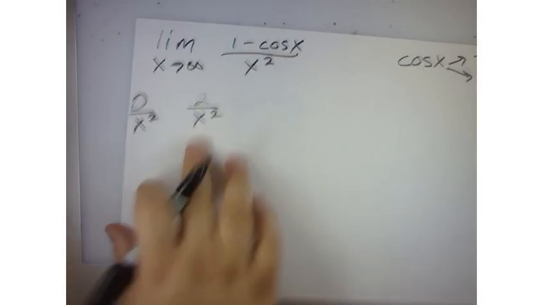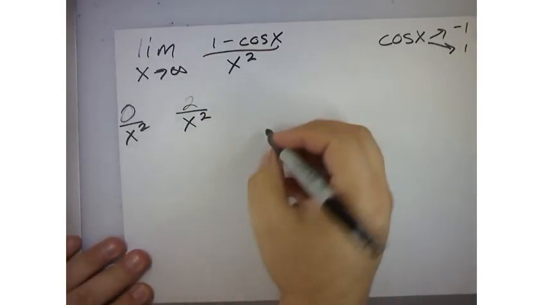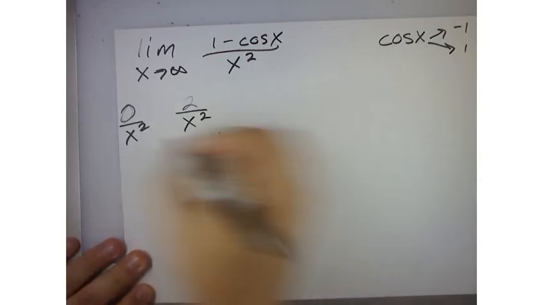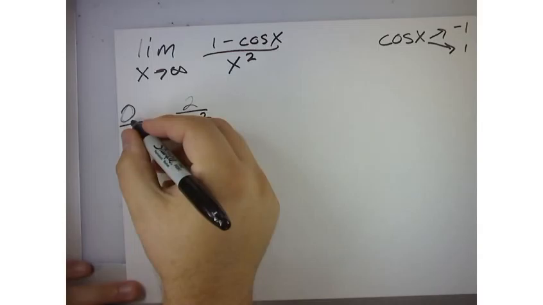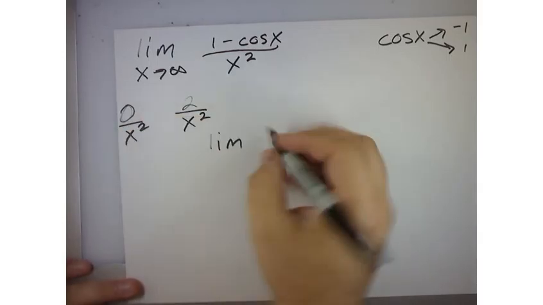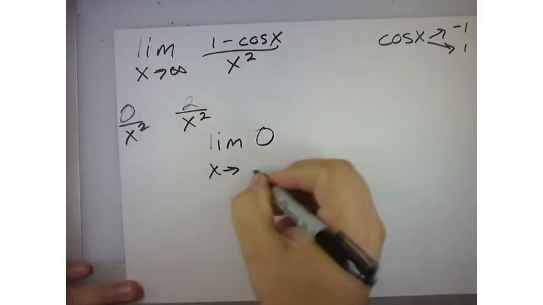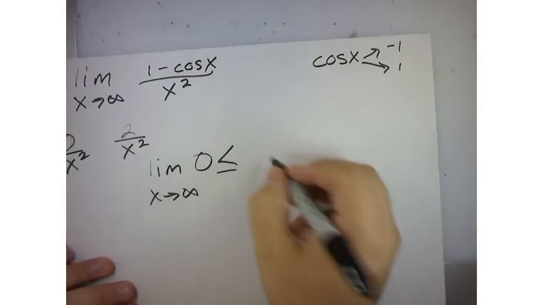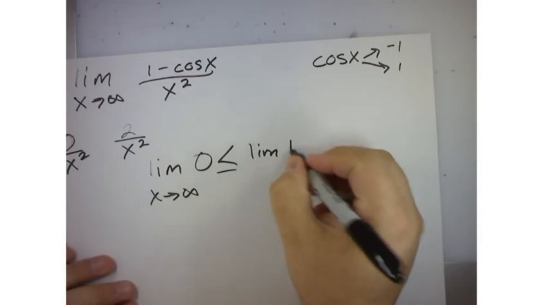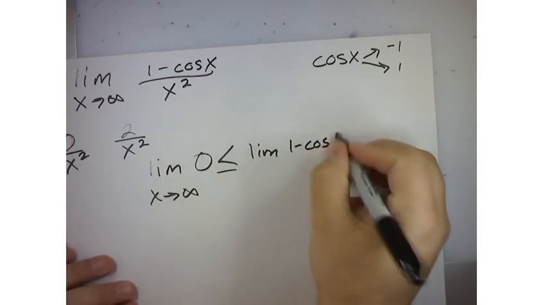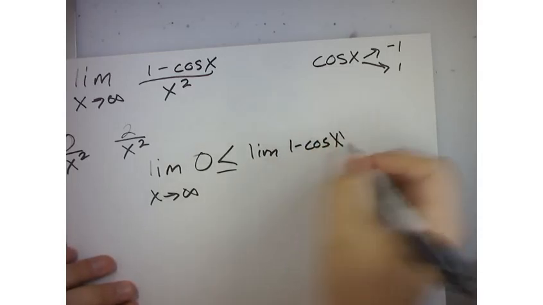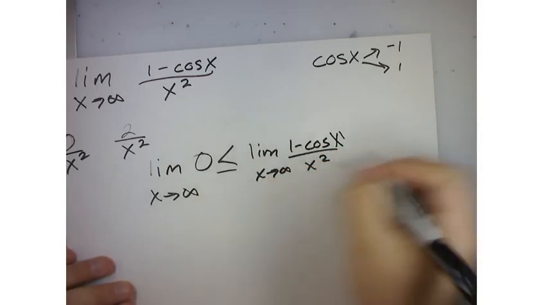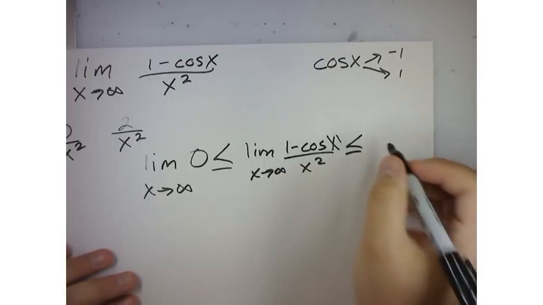So what we would do is we would consider it more like this. Your lower boundary would be 0, because this is going to be 0. Whenever you have a 0 in the numerator, it's always 0. So this is the limit of 0 as x approaches infinity, right? And that's going to be less than or possibly equal to the limit of our original function, 1 minus cosine of x, all over x squared as x approaches infinity. And then the upper boundary is going to be,